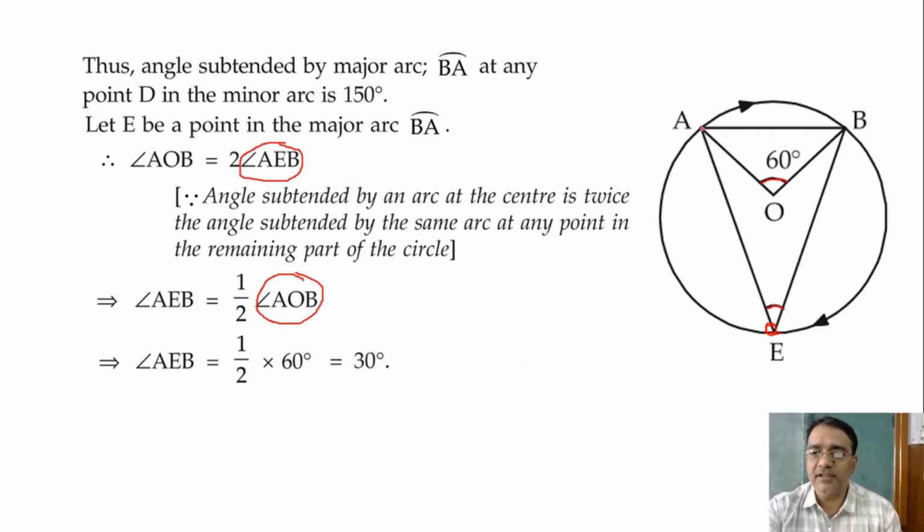We could also do this in another way. Let's look here for a minute. This angle we already got, 150 degrees. In the previous slide we got 150. So these two angles are the opposite angles of a cyclic quadrilateral, and their sum is 180 degrees. So that property also you can use to get the value of this 30 degrees. Is that clear?